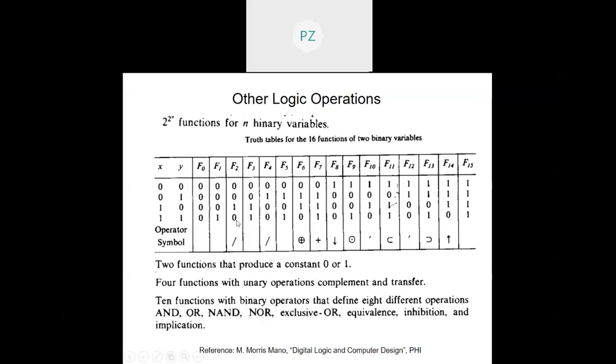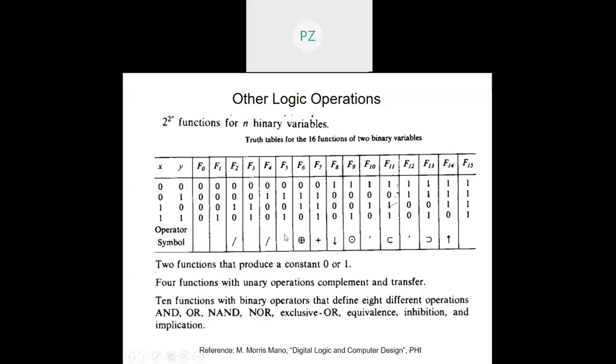But let us first keep in mind this formula, 2 to the power 2 to the power n, and also how to form the 16 functions for two variables. Suppose I am taking three variables x, y, z. This will have 8 different combinations, and for the 8 combinations I'll have all zeros, then 0, 0, 0, 0, 0, 1, then 0, 0, 0, 0, 1, 0, and so on up till all 1s, 8 times. So that will be 2 to the power 8, 256 columns, right? That is how you can go on finding out the functions.